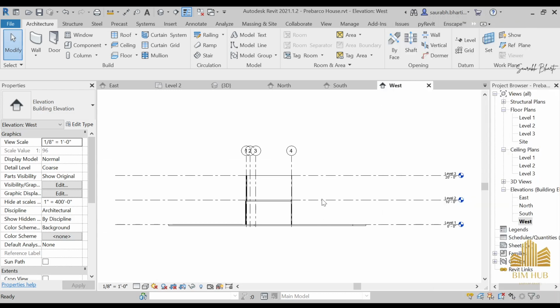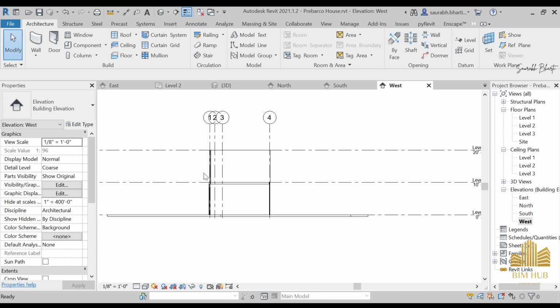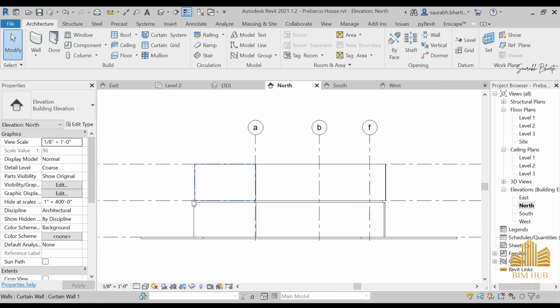Just a second. Okay, what else do we need to consider? In north view, I have this project from, okay,